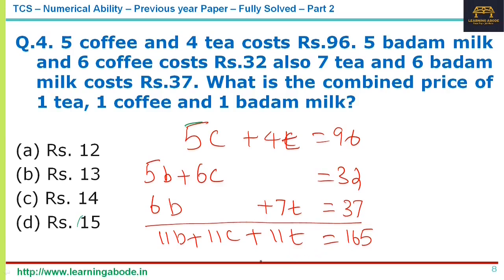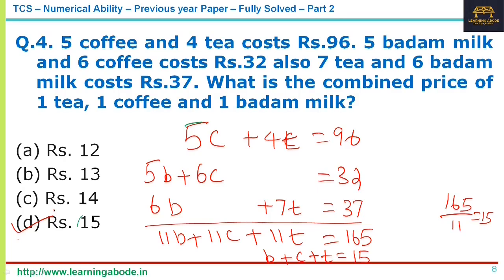So, now what is asked? 1 badam plus 1 coffee plus 1 tea. What is the cost? That's 15. That is 165. 11 is common. So, 165 by 11, that's 15. 15 is the answer. See, in such questions, either when you directly add, you will get that 1 plus 1